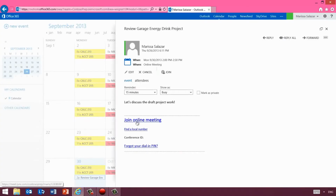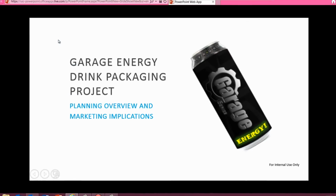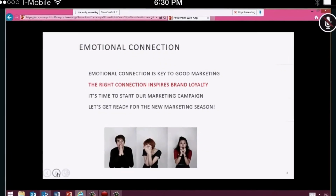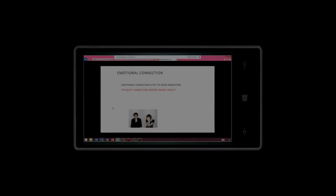So now we are going to all join that call, jumping forward to October 30th at 2 p.m. I'm going to join the meeting on my desktop. So I'm going to share out my screen with you guys. It looks like you're both calling in from your phones. Yep. Yeah, you're calling in from an iPhone, and it looks like Professor Lucy, you're calling in from